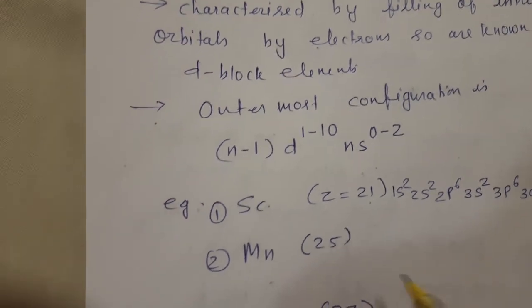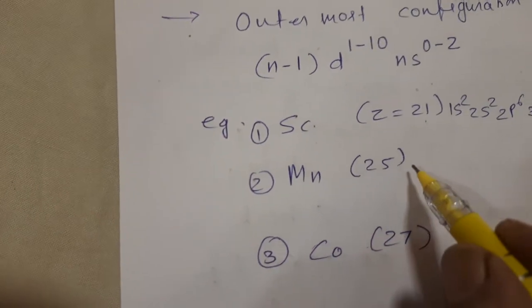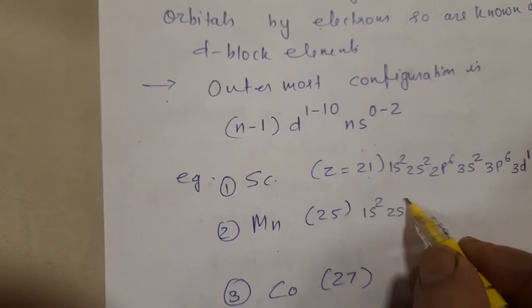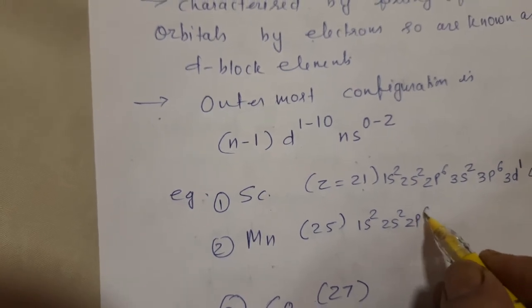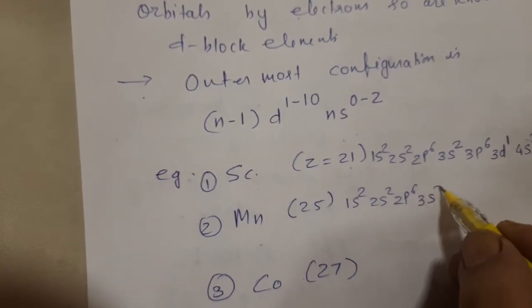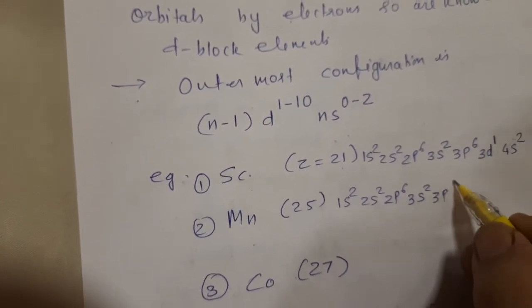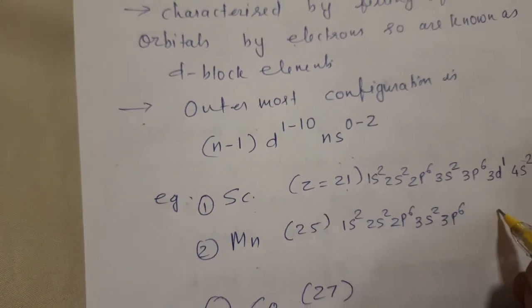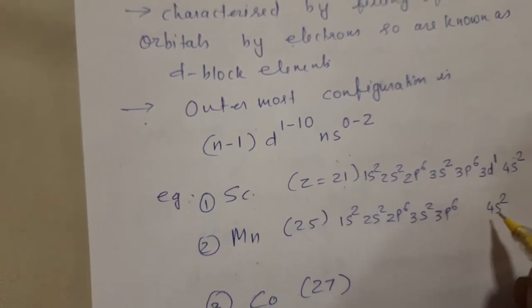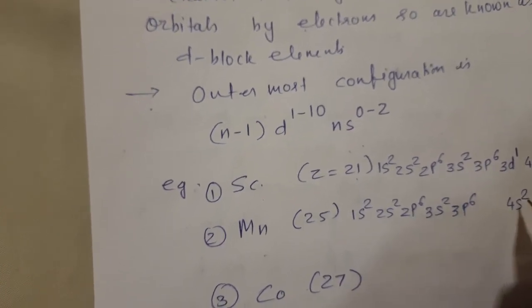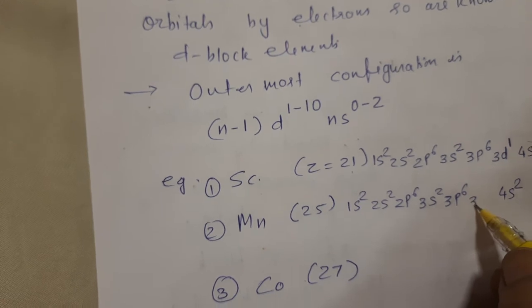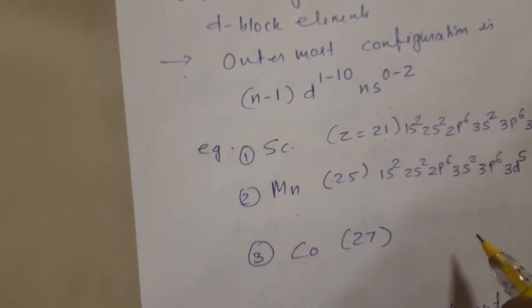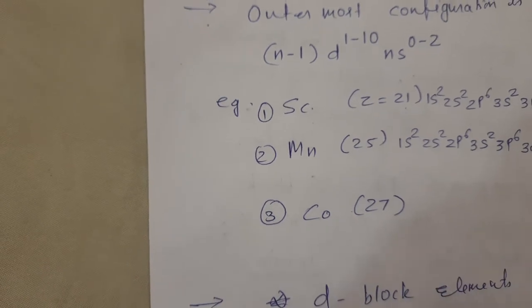Similarly, if we write the configuration of manganese 25, so same way I will write 1s2 2s2 2p6 3s2 3p6, 18 हो गए. आर्गन तक की कॉन्फ़िगरेशन आ गई. देन आफ्टर that we will write 4s2. So 18 and 2, 20. How many are left? 5. So they will go to 3d5. Understood? This way we are writing the configuration of D block elements,